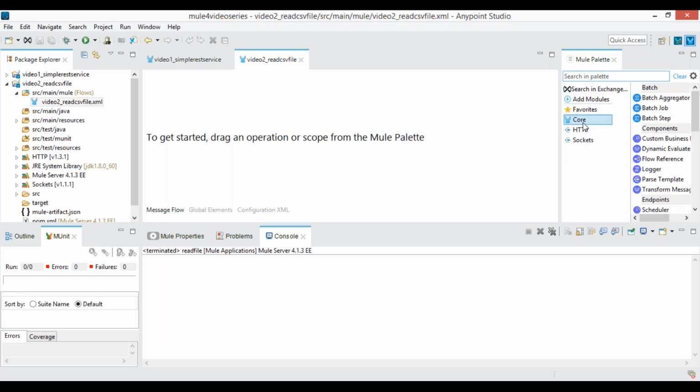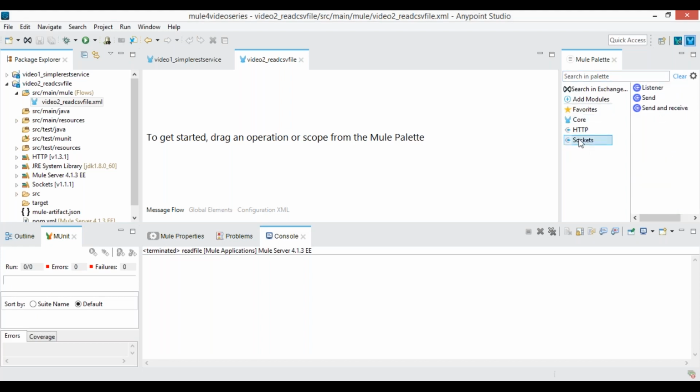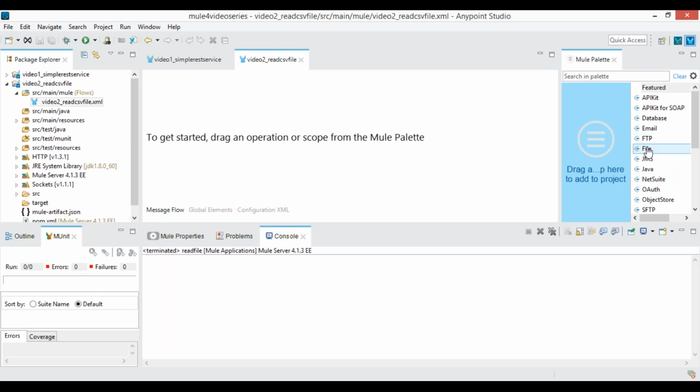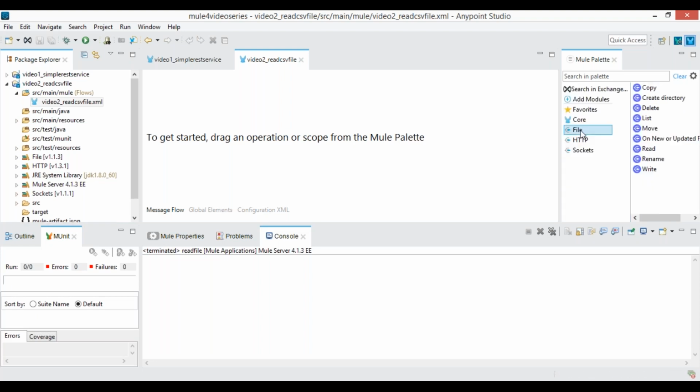So right now you can see we have a core module, HTTP and sockets module. To work with the files, we need another module called the file module. So now I'll go to add modules, and here I should find another module, file. I'll move it towards the left in this palette, and you see the file module gets added, and these are the